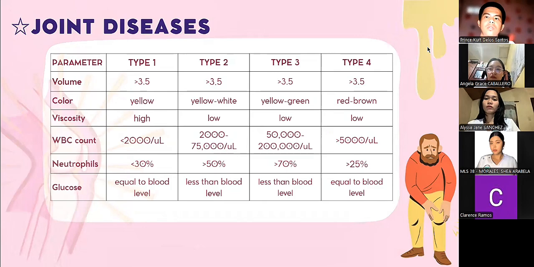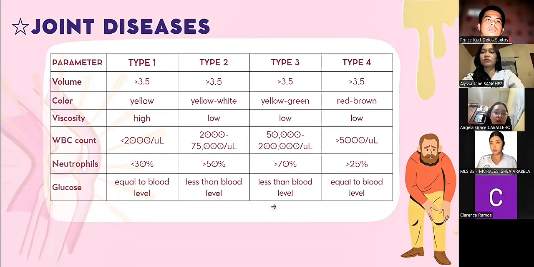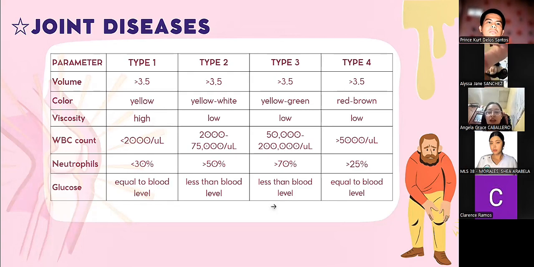Now let's move on to joint diseases, to be discussed by Angela Grace Caballero. For the color, the most severe is red-brown, or the hemorrhagic. For the viscosity, the only high viscosity is type 1. For glucose, type 1 and type 4 are equal to blood level, and type 2 and type 3 are less